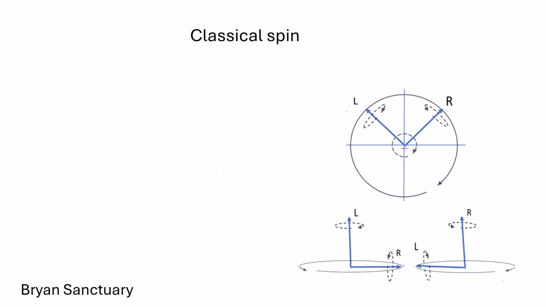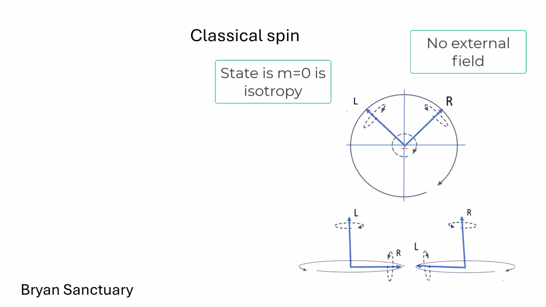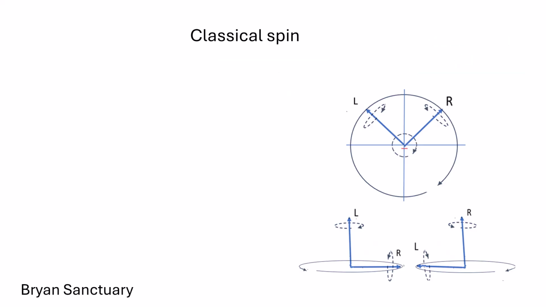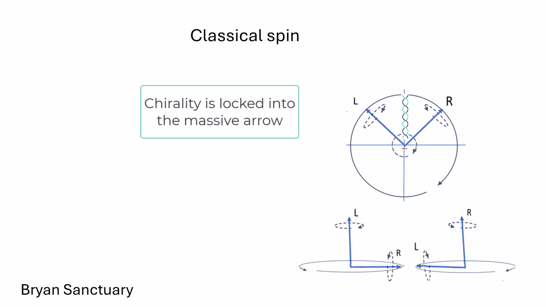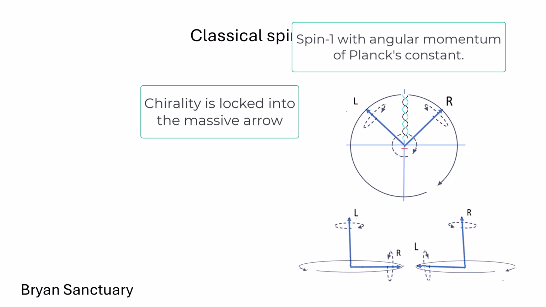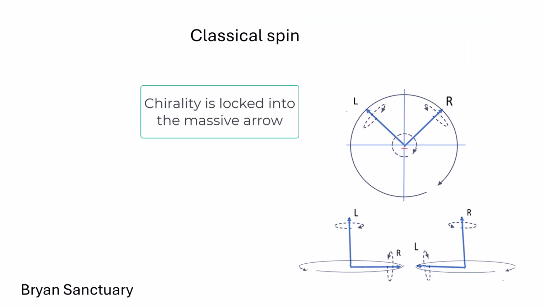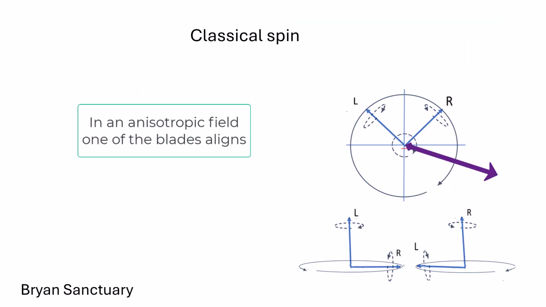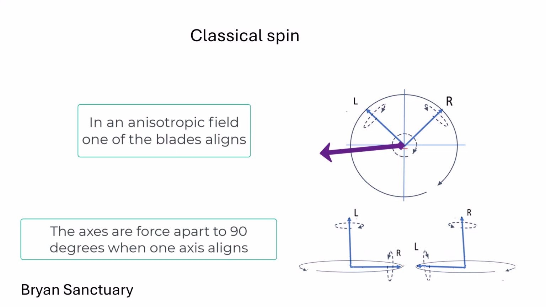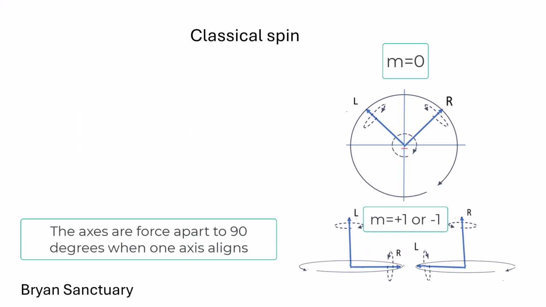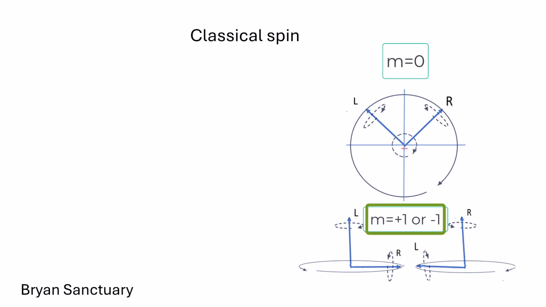An electron in isotropy has magnetic number m equals 0 and is a stable particle with mass. The only other property is its chirality, which is locked into the massive helix with angular momentum of Planck's constant. When it encounters a polarizing field, these axes are forced apart as one aligns, and phi changes from 0 to 90 degrees. This means that m equals 0 changes to either +1 or -1, which is spin up or spin